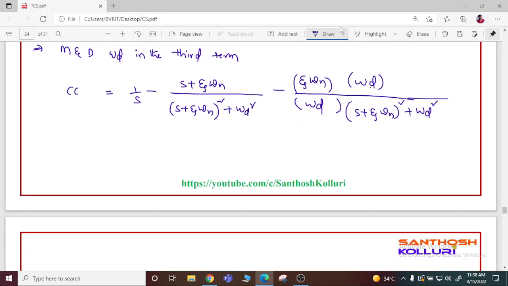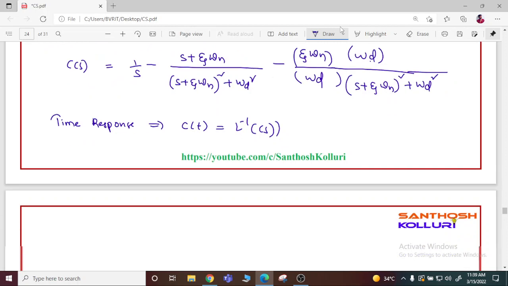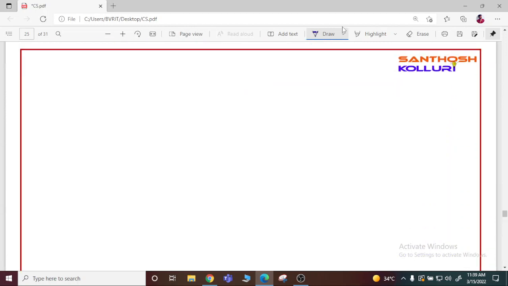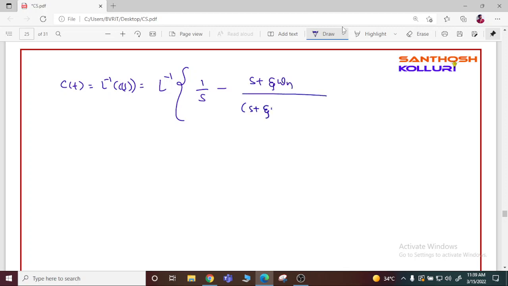So this is our C of s. Now I have to get the time domain specification. The time response in the time domain can be obtained by taking the inverse Laplace of this C of s. So if I apply the inverse Laplace to this function, C of t is nothing but the inverse of C of s, which is the Laplace inverse of 1 by s minus (s plus zeta omega n) divided by (s plus zeta omega n) whole square